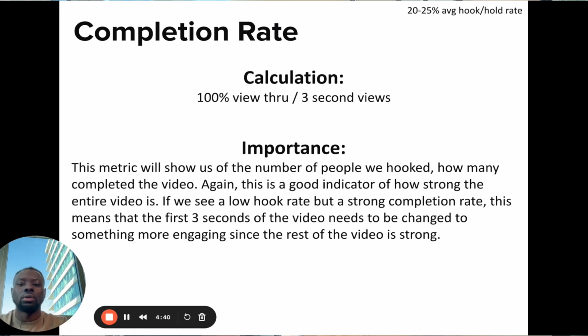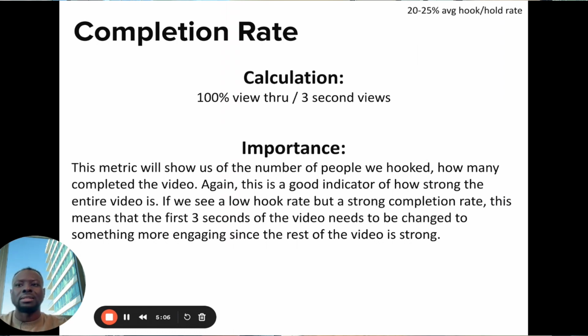If you see a low hook rate but a strong completion rate, this means that the first 3 seconds of the video need to be changed to something more engaging, since the rest of the video is strong. That's the problem that honestly a lot of people have. They have good, engaging videos, but they don't really know how to capture people's attention, because